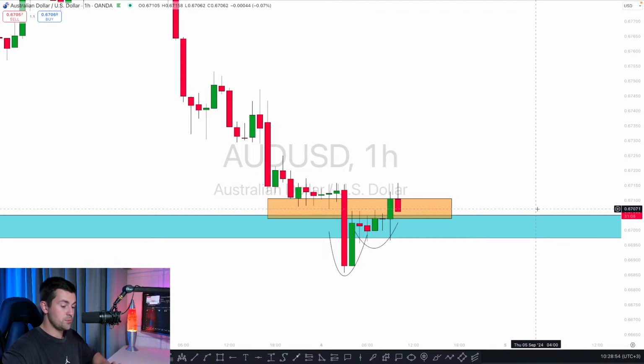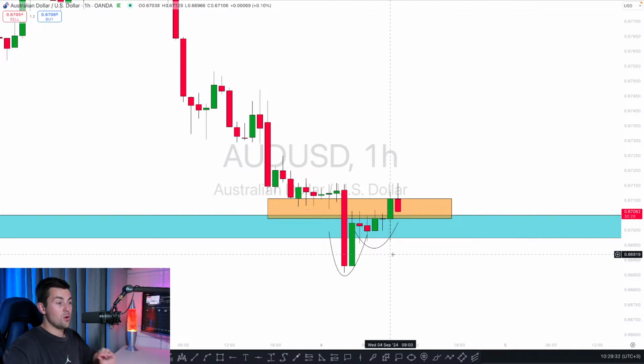I always repeat to my students that the pattern by itself is just the warning sign, but the pattern formation is never a signal. No matter what pattern you trade, no matter what price action pattern you trade, a very important element in price action patterns trading is the trigger, is the signal. And when we spot a cup and handle formation, our signal is always the breakout of the neckline of the